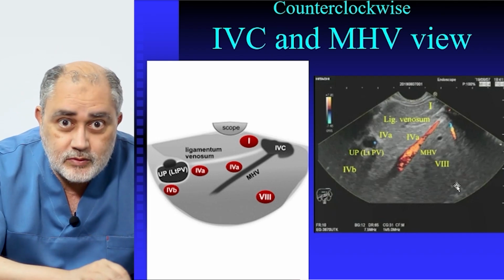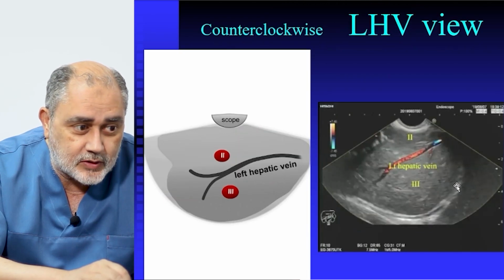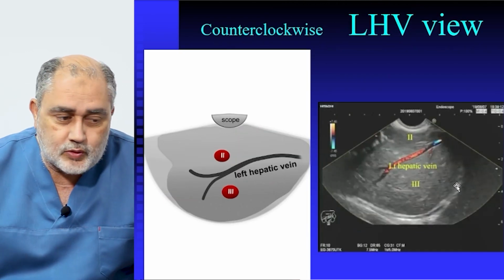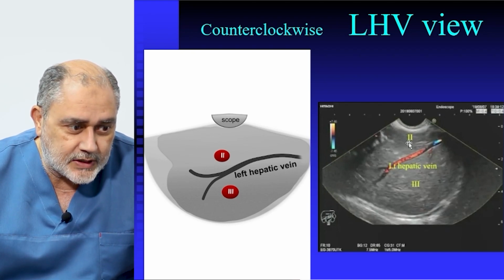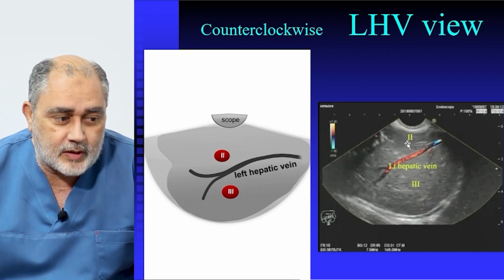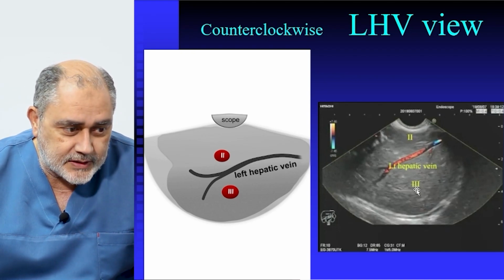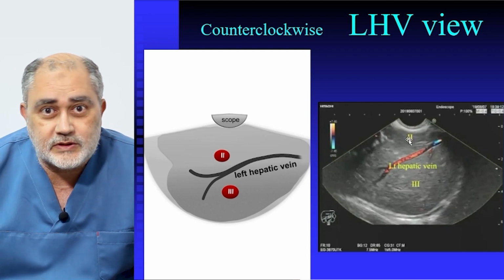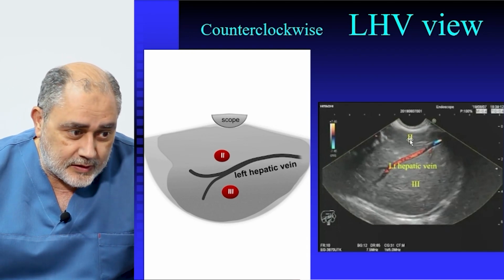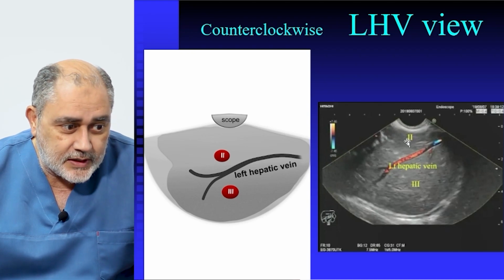Then we will continue slow, gradual, anti-clockwise rotation to locate the left hepatic vein. Here we can identify segment 2 above and segment 3 below. Here in segment 2, it is about 40 to 45 centimeters from the cardia, just below the cardia. We can do